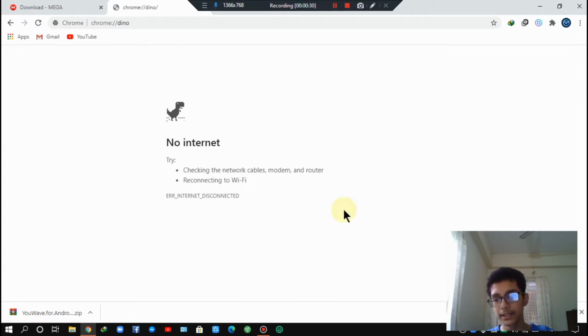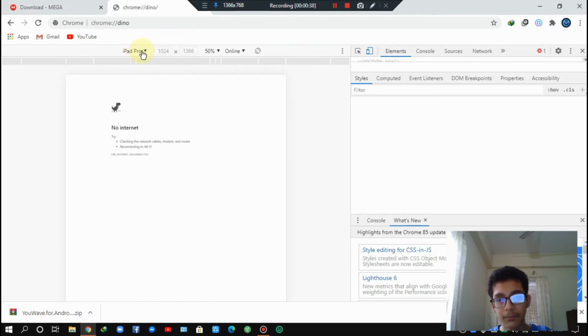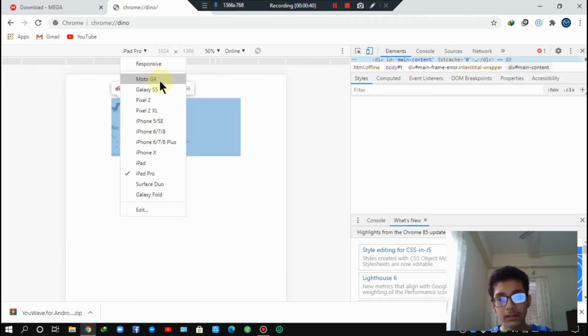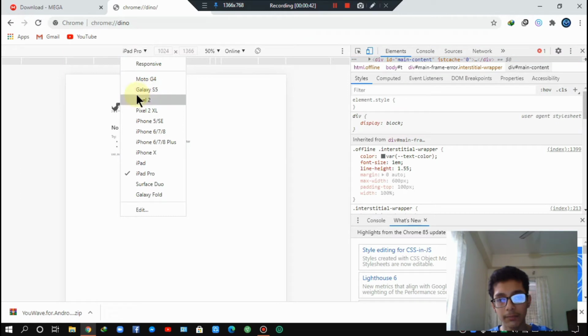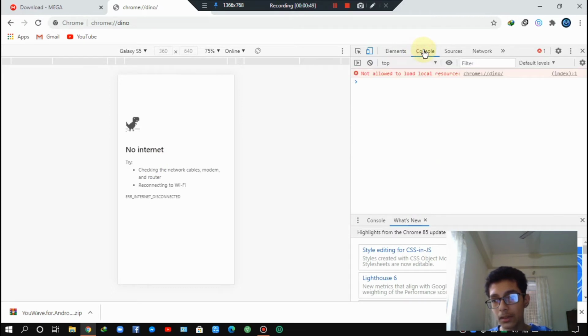So click on inspect by right clicking. Then you can see I selected iPad Pro, but you can select any of them. From now I am clicking Galaxy S5. Then I will click on console. Then we have to type